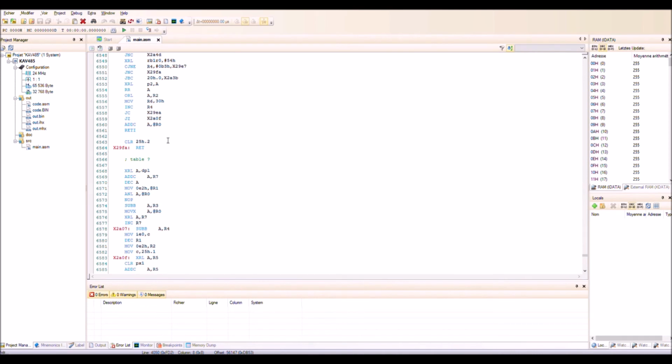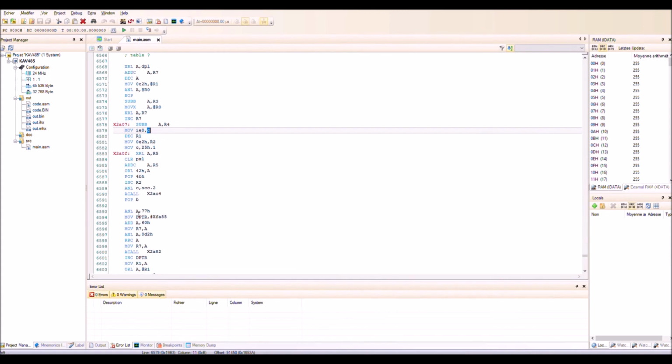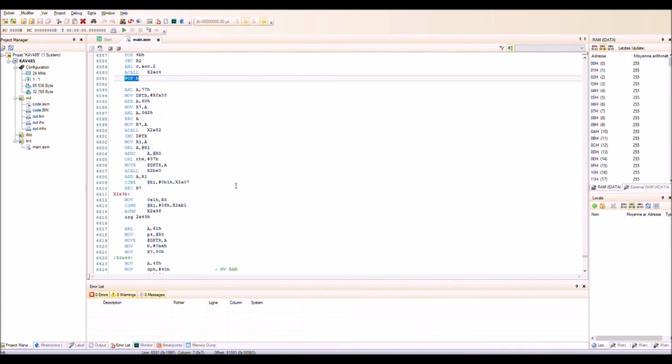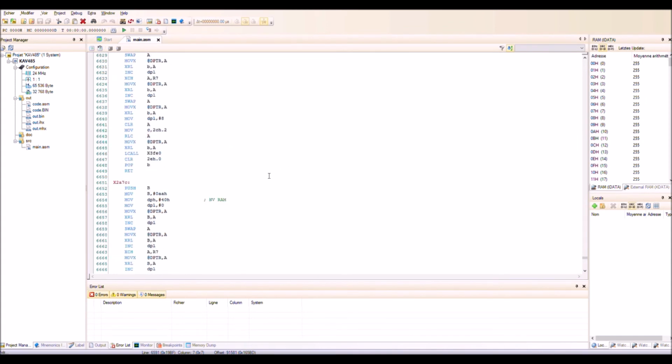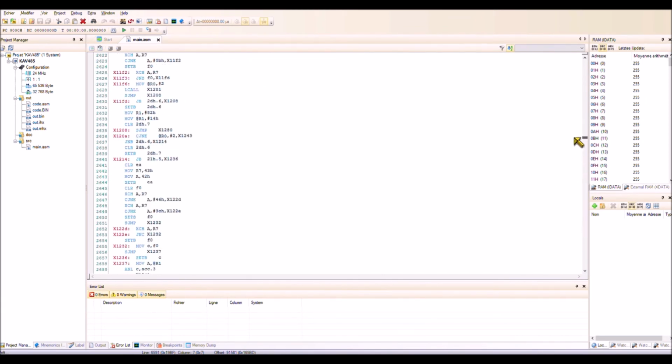This is also normally, I think, part of the table. You see a NOP here, so this is a 0, so there is no sense to have a NOP on this part of code, so this is also a table. Also this pop here has totally no sense. This is the end of the code.